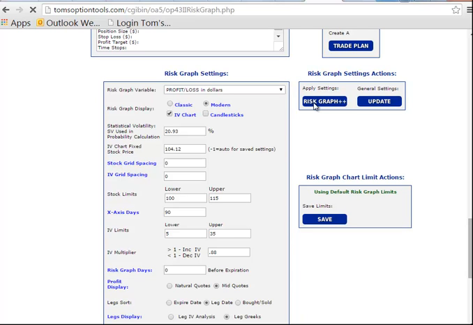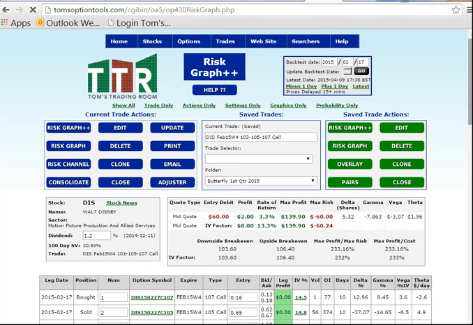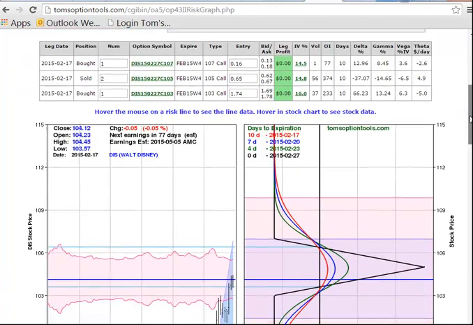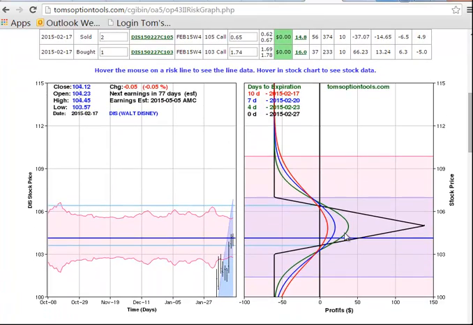Okay, so let's take a look at that as it comes up. Now, it's best to see it as before and after, so I'd have to show you both. But what I want you to realize is just the power of being able to look at the risk graph, and it's still thinking here. Here we go. As we look at the risk graph, and it brought it back to